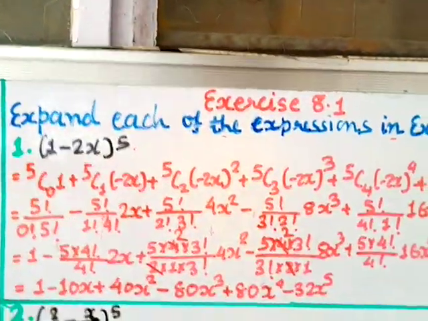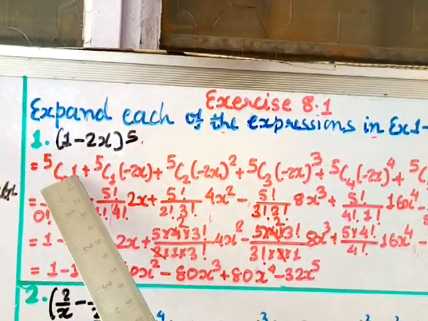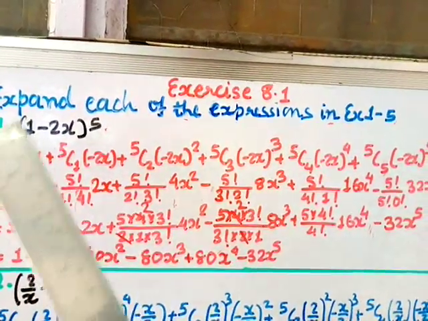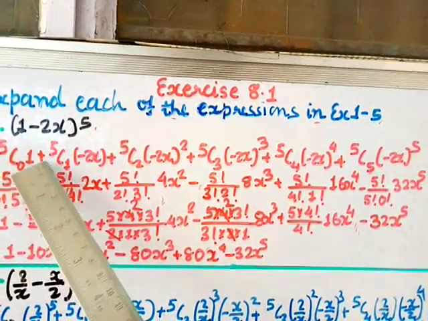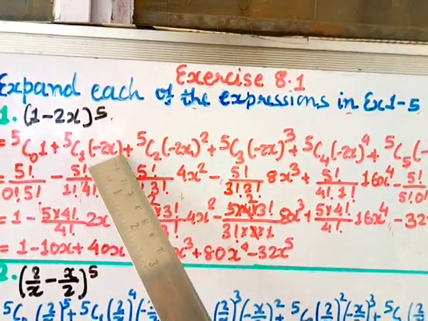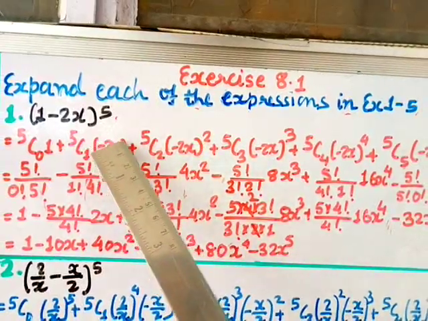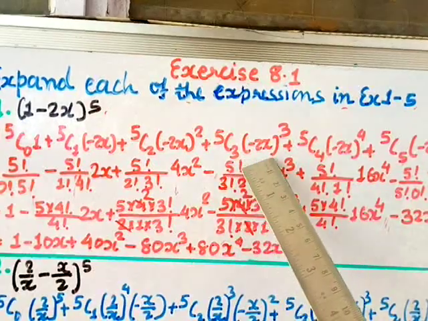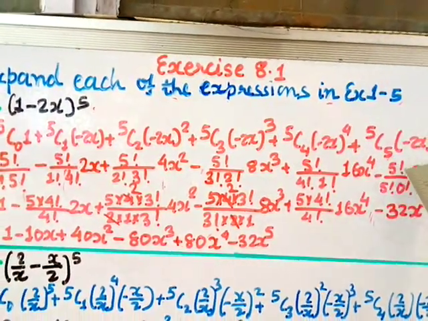So let us start here. Here n is 5, right? So you write 5C0, 1 power 5, but 1 power 5 is 1, therefore I write only 1. 1 power anything is 1, therefore I will not be writing that. So plus 5C1, 1 power will become 4 and minus 2x power 1, plus 5C2 minus 2x power 2. Increase by 1 this power, and 1 power anything is 1, so I have not written. Plus 5C3 minus 2x power 3, plus 5C4 minus 2x power 4, plus 5C5 minus 2x power 5.